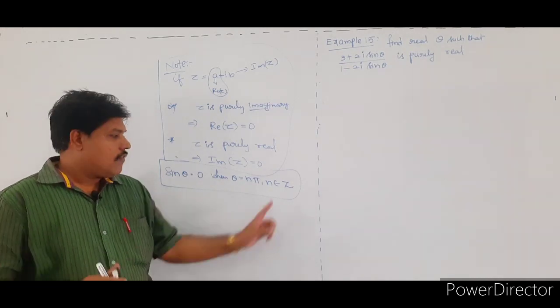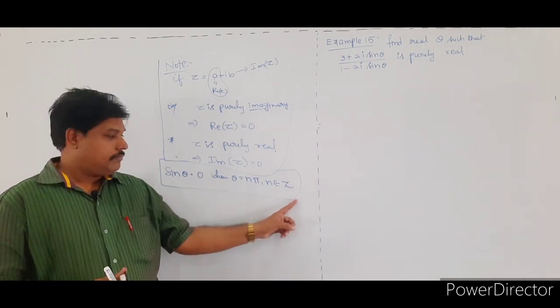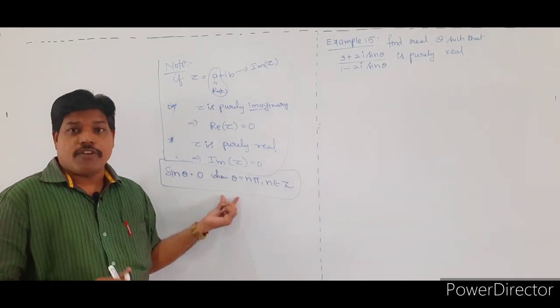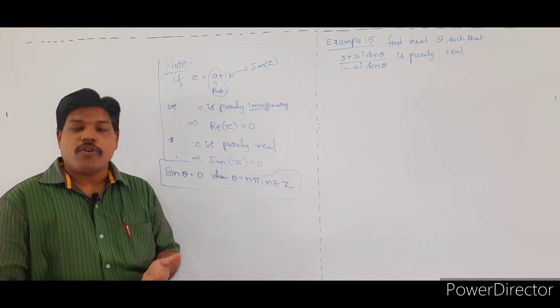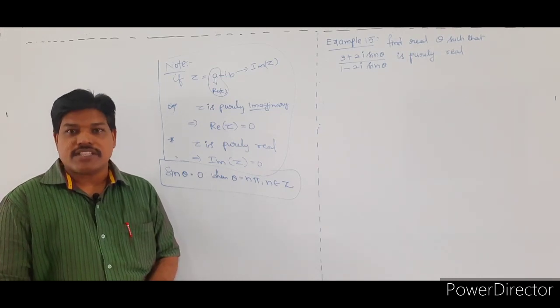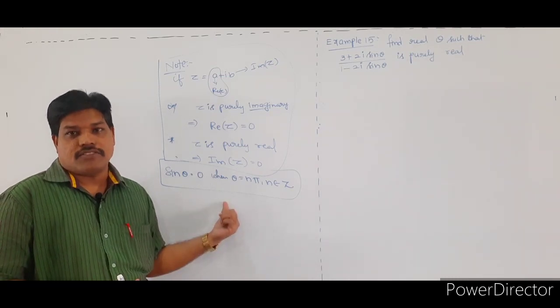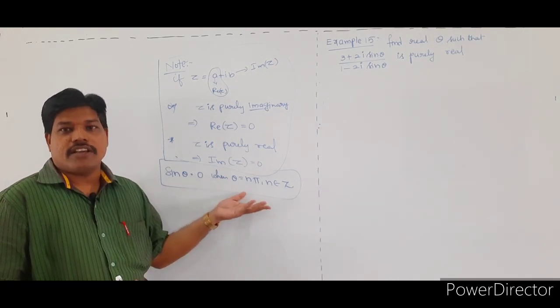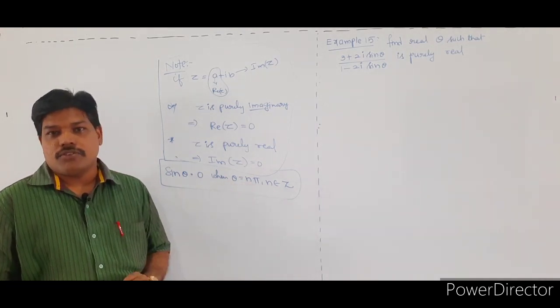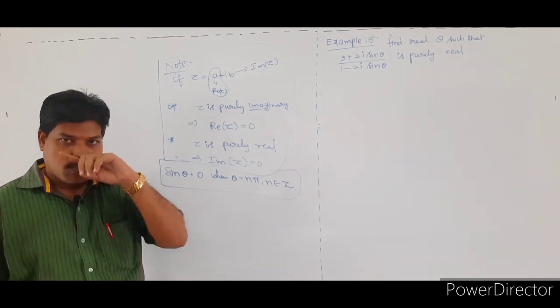Or understand that for all integers. So this is the condition we will use in the problem, that's why we are taking this condition here. In trigonometry you have one topic, trigonometric equations. At that time we will discuss this condition. Okay, just mention this one: sin theta is 0 when theta is equal to n pi, n belongs to Z. So these are the points we are going to use in the problem.